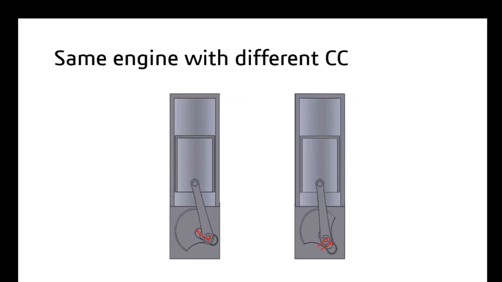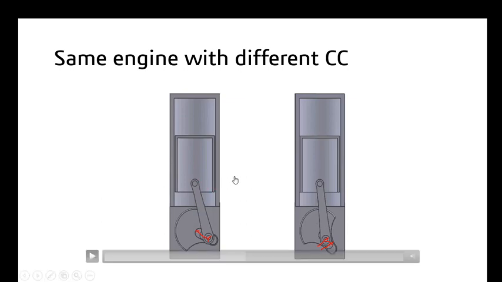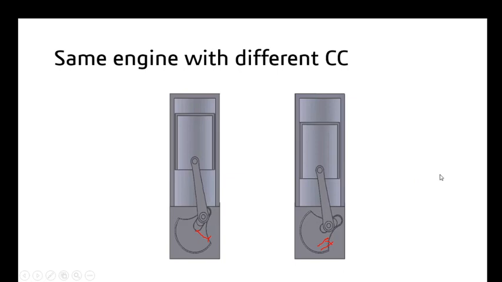The variation of this length can be obtained by using the crank pin sliding mechanism. The pin present here is the crank pin. That crank pin slides in this crank slot. This is the crank slot. In this crank slot, the crank pin will slide so that this length can be adjusted to two different positions. This is the first position, this is the second position. How that works can be seen in the next slide.